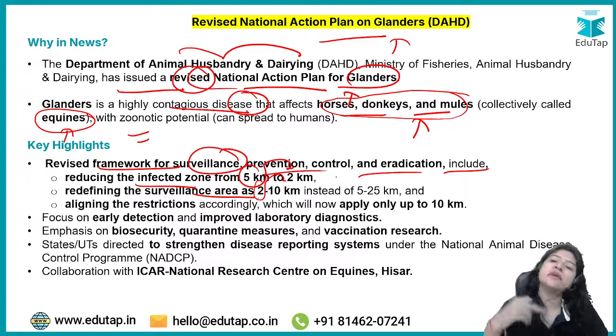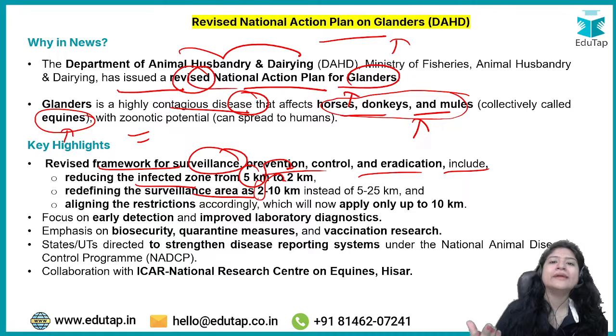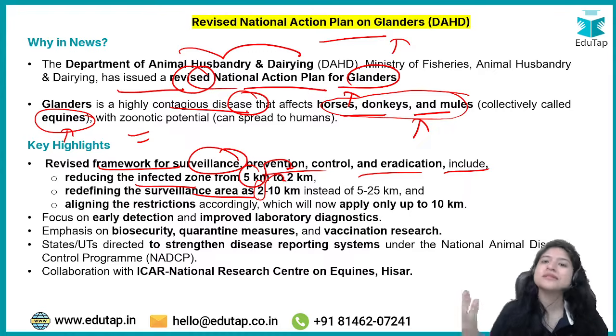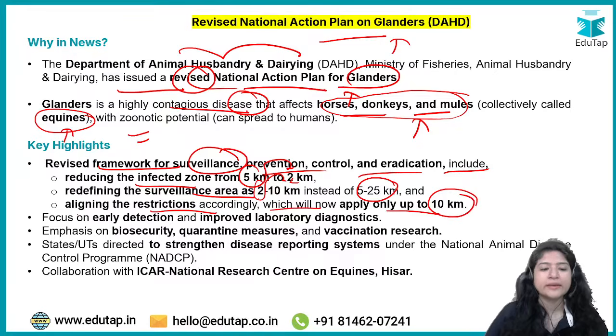Surveillance के लिए we have to increase the area so that we can identify the infected animals early, right? And secondly, the infected zone has been reduced so that the disease can't spread, ठीक है। सर्वेलेंस एरिया 2 to 10 instead of 5 to 25, ठीक है। तो 2 से 10 में रखा है for better taking up of the diseases, ठीक है। And aligning the restriction accordingly, which now applies only to 10 kilometer, ठीक है। Focus is early detection and improved laboratory diagnostics, ये सब चीजें हैं, ठीक है। Collaboration with ICAR National Research Centre for Equines, Hisar,